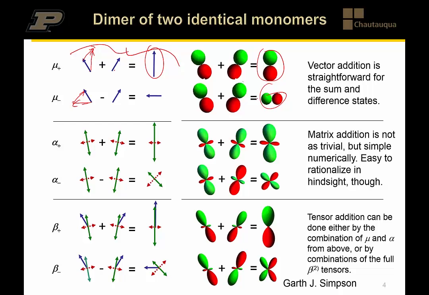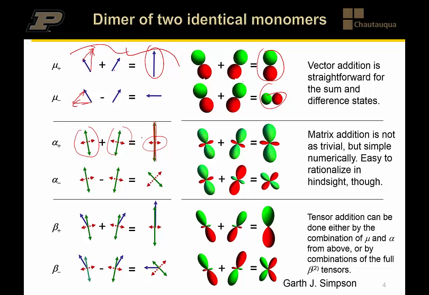It's not that much trickier to do matrices, but it's a little bit trickier just to keep track of the bookkeeping. So if we look at these two matrices, if we add them together, you can identify right away what the principal moments are going to be. There's going to be a nice big long green one along the vertical axis, and because these reds are almost similar, there'll be a negative and shorter axis on the horizontal. You can qualitatively get that from this Statutory representation, but of course plugging in the actual numbers and then replotting gives you a much better sense for what the sum and difference actually are quantitatively for the sum and difference